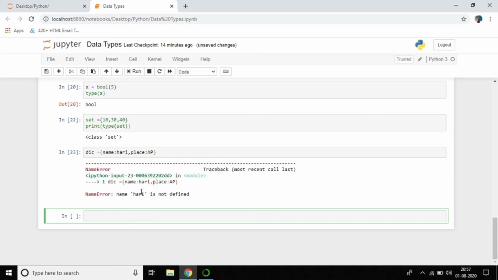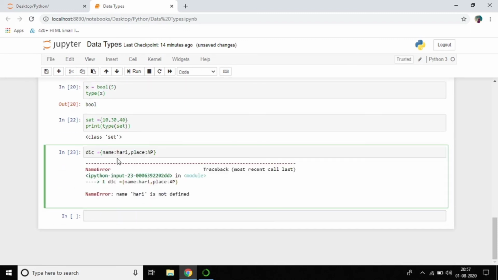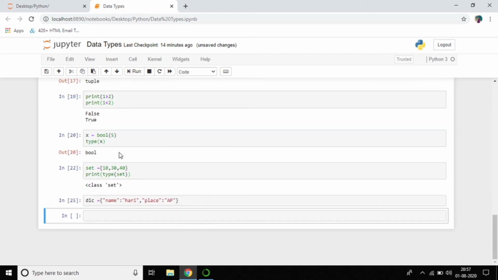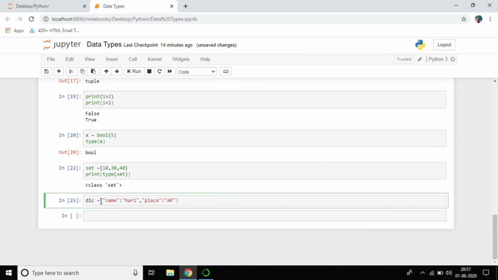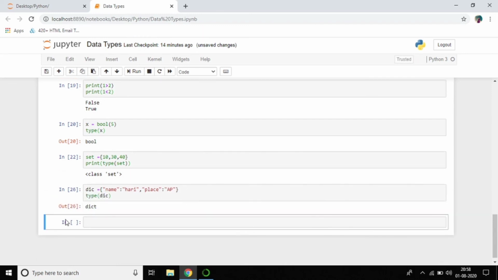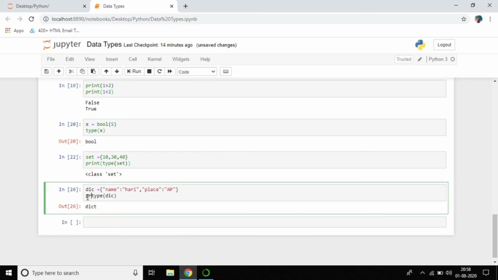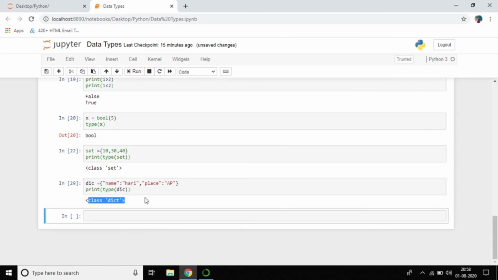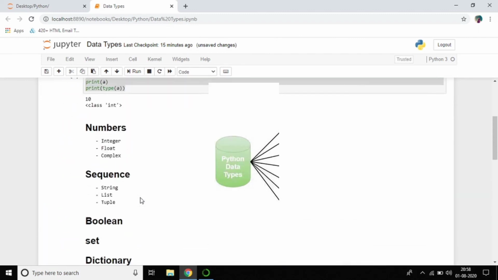It showed an error that it was not defined. It should be in quotations because everything will be string, so we need to keep everything in quotations. Now type of DIC, of course it's dictionary. If you print type, it shows dictionary. I think it's very clear about data types.